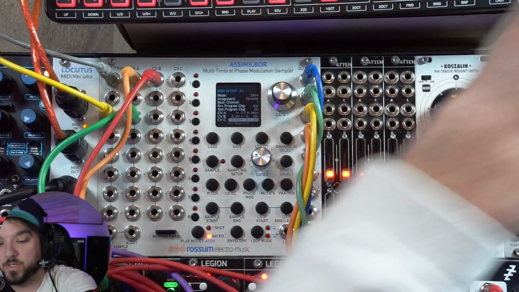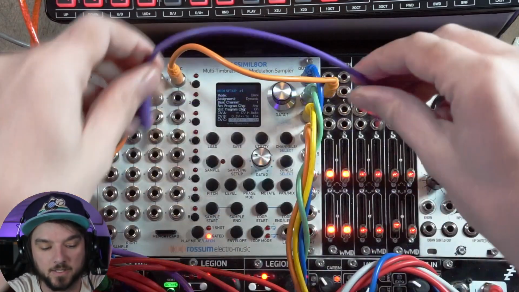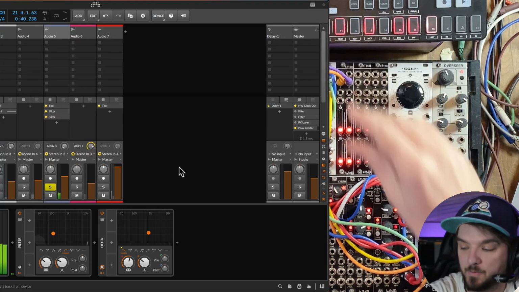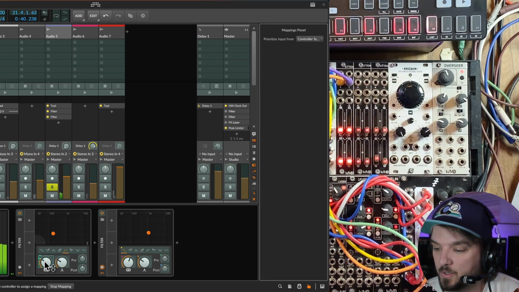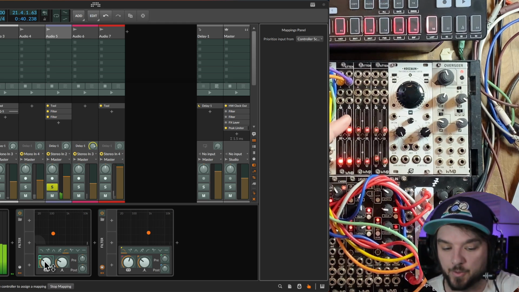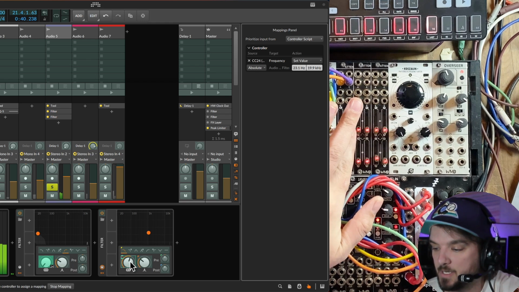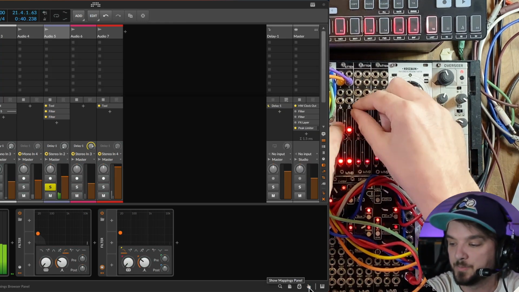All right, so what we're going to do is we're just going to take an output of our 410 here. We're going to run it into CVC1 and CVC2. And so now I'm just going to map these to my filters here. So I just got to click on the map button here, click the filter that I want to map or the parameter I want to map to, and move that fader. Same thing here. Boom, we are ready to go. So I just move this fader and